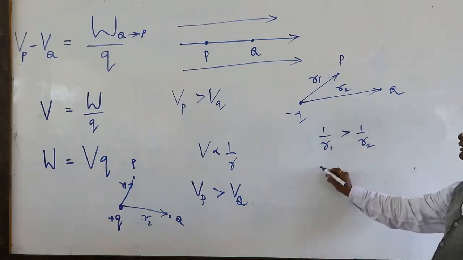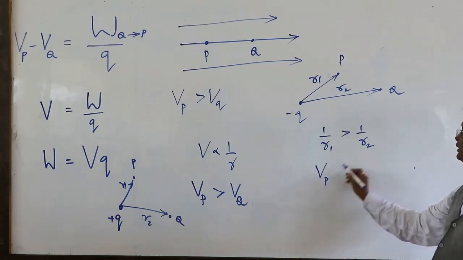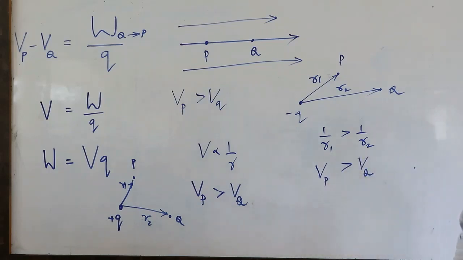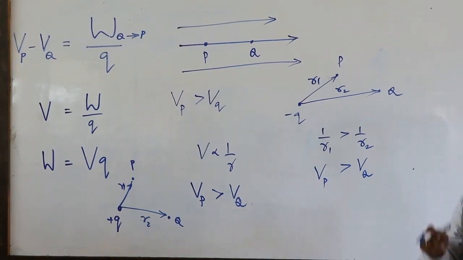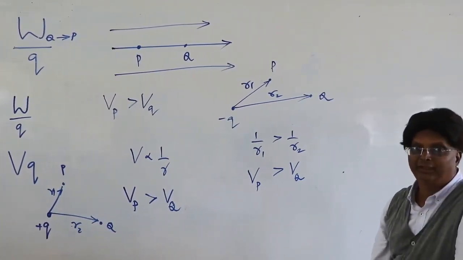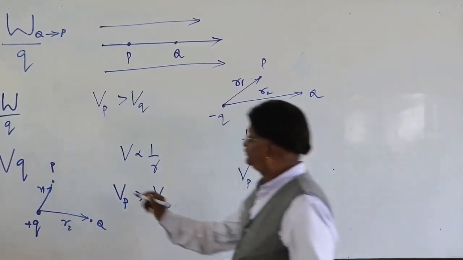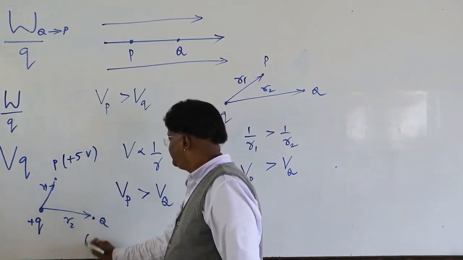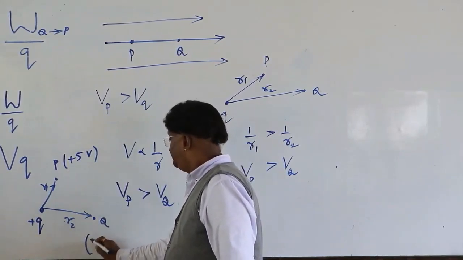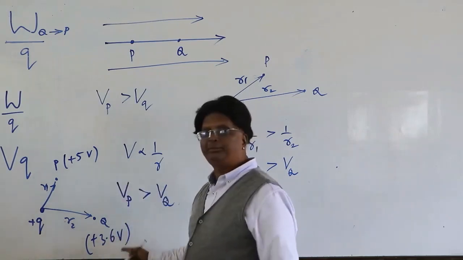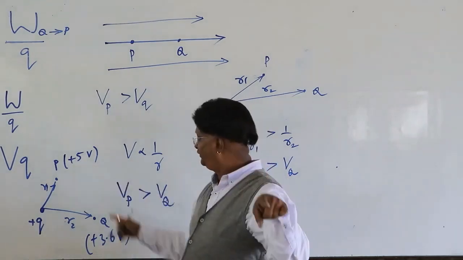Does it mean that V at P is greater than V at Q? Can you tell that? No, because here comes the negative sign. Earlier we said, supposing this is plus 5 volts and at Q I write plus 3.6 volts,